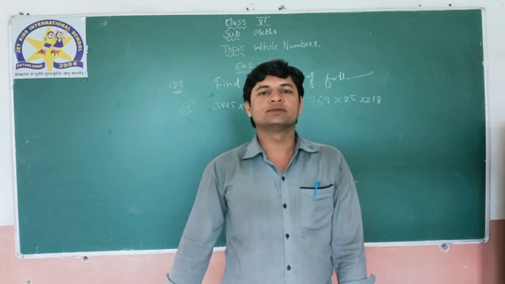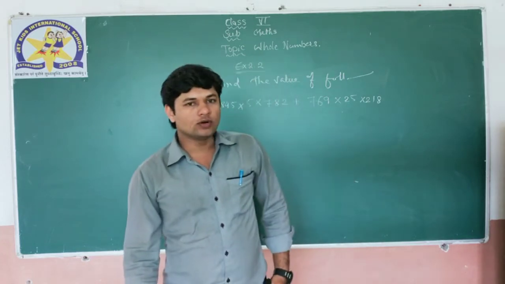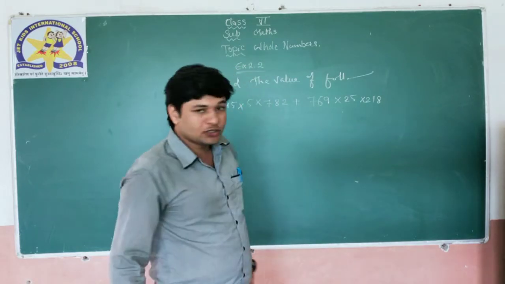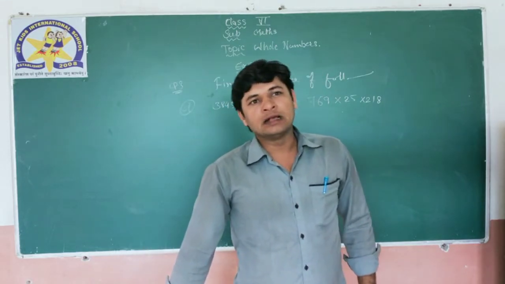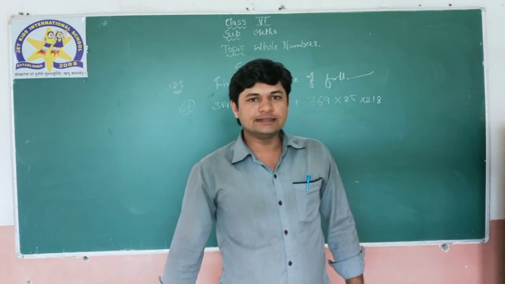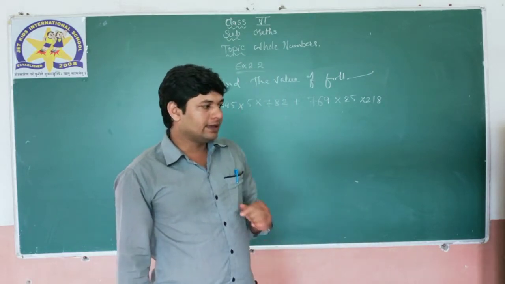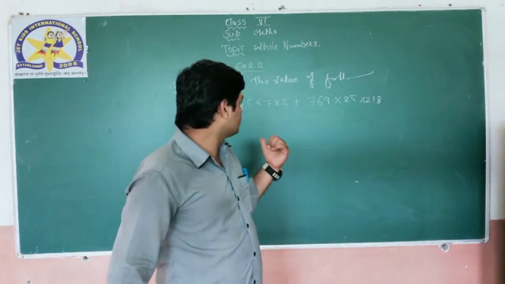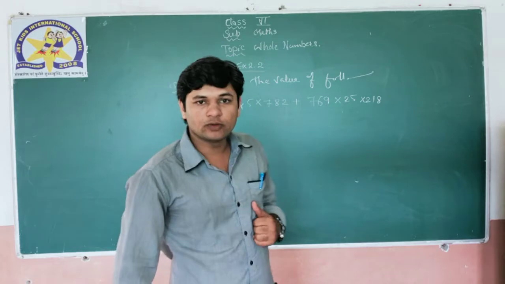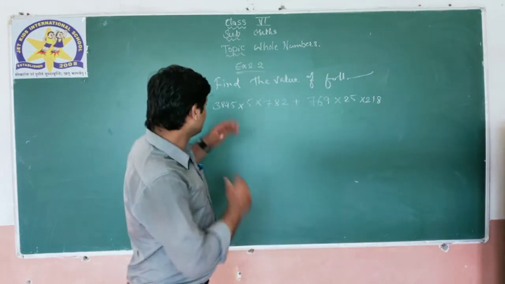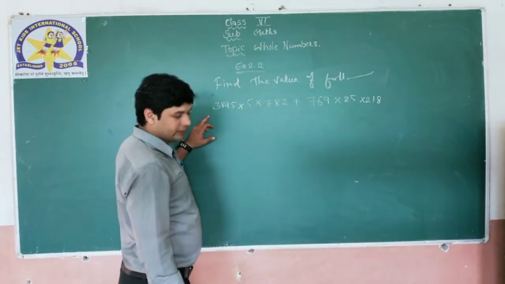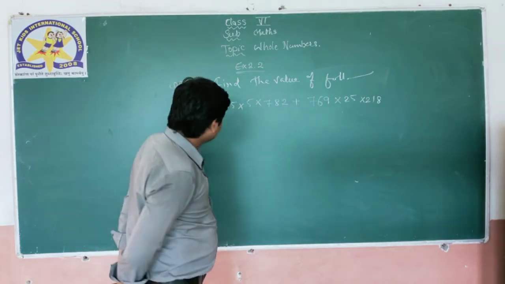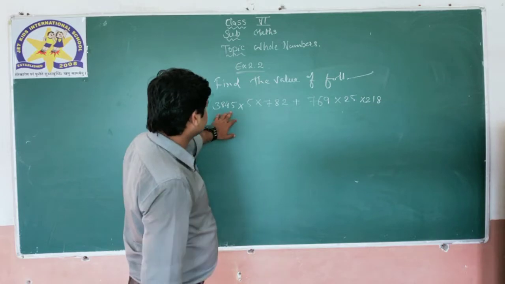Today we are going to continue our exercise 2.2 of chapter 2, that is whole numbers. Okay, so our homework was parts C and D of question 3 in exercise 2.2. Question C was quite easy. Now, I think few of you may have problem in question number D. Sub question D of question number 3, it is on page number 40, right? Exercise 2.2. Let us start this question.